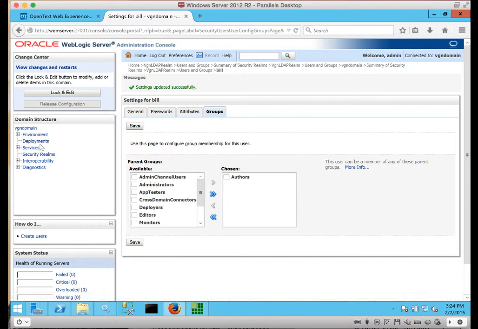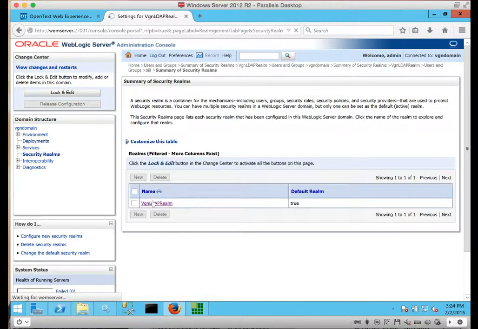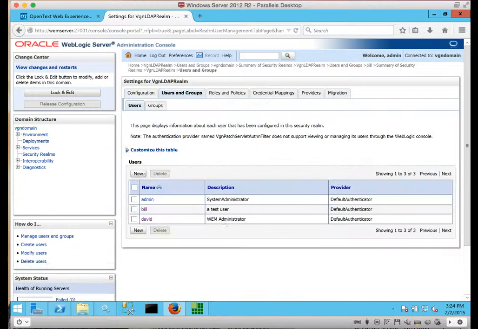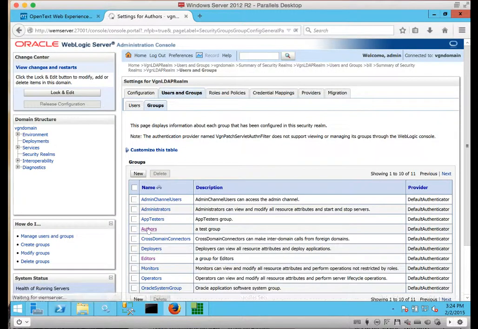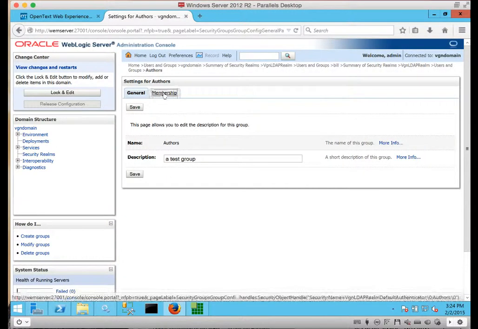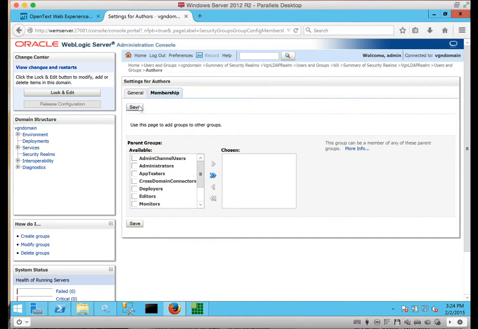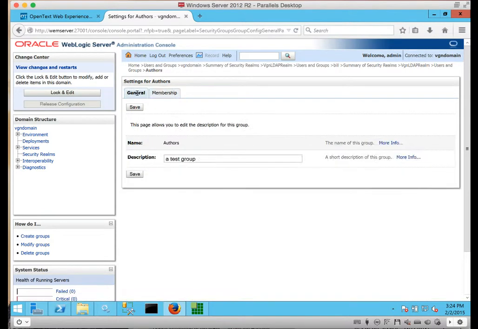Then I need to go to that group and add the unique member attribute to that group. And I do that under the group. So I save that. I go back to Users or Groups and add the unique member for that group. So I go to Groups, Authors, Membership. That's subgroups, but if I want to do an attribute for groups, you have to do that in the